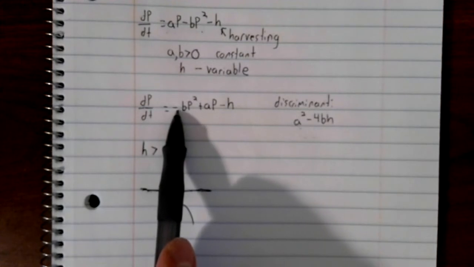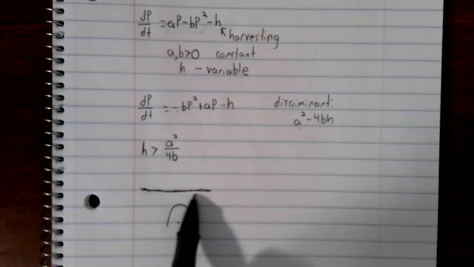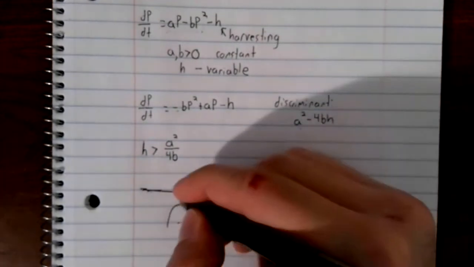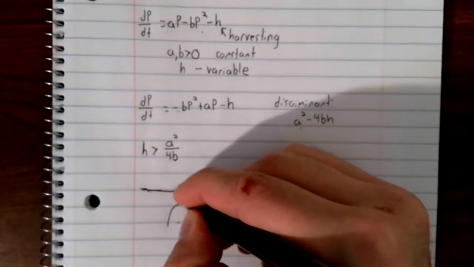It opens downwards because of this negative term. And the only way for a quadratic that opens downwards to never intersect the axis is for it to be totally under the x-axis. Since the derivative is always negative,